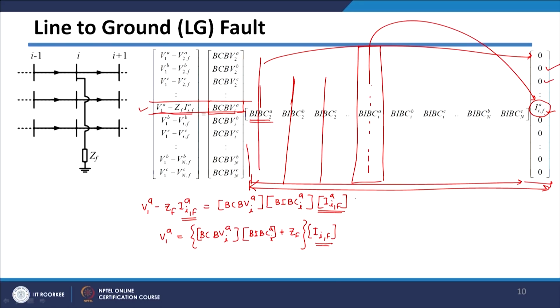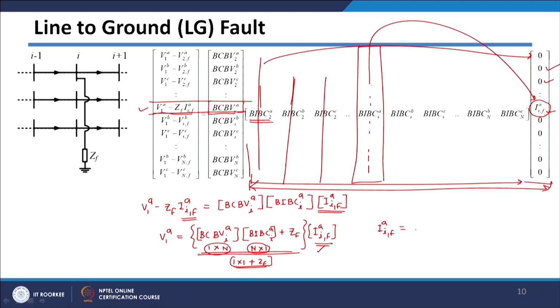And as I told you, we are basically interested in getting the values of fault current. Since it is only one entry, I can just write the fault current of A phase will be equal to, we have to take the inverse of this. Again this will be only one entry, because as I told you this will be a 1 by n matrix, and this will be an n by 1 matrix. So if you multiply 1 by n with n by 1, you will actually get a 1 by 1 entry, plus this ZF, also a single term, which is the fault impedance. So this will be just one complex number.